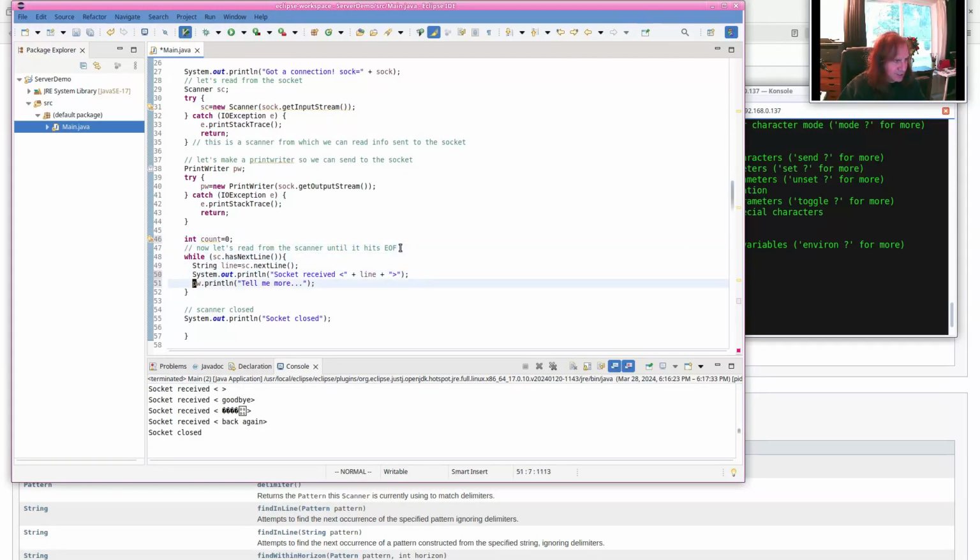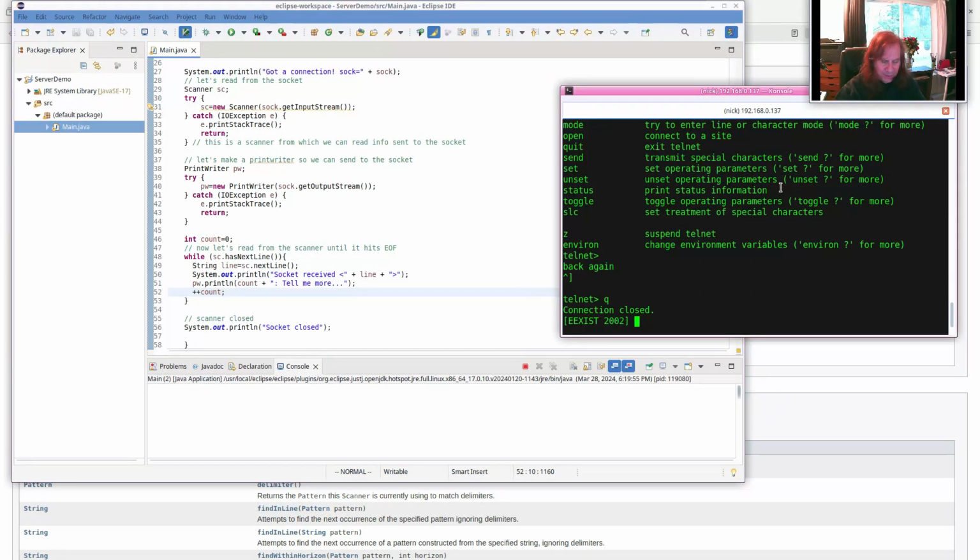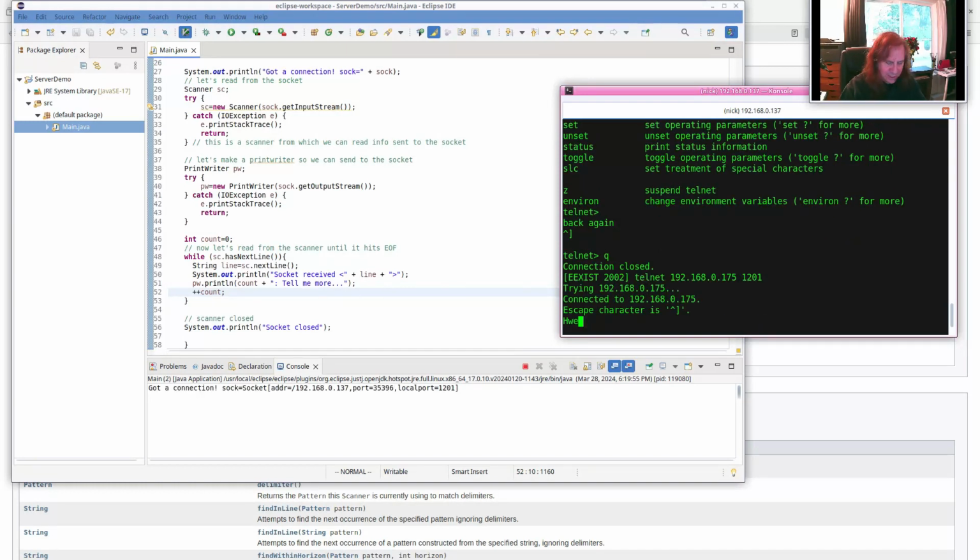Let's make an integer here, named count. Let's print out the message number that we just received, and then say "tell me more," and we'll bump up count just so we can see how many times we've exchanged messages. So all we've added here is we created a print writer, and after we receive a message, our program will tell us what we received, and then it will send a message back through the socket which says "tell me more." So if we do this, we can say hello,